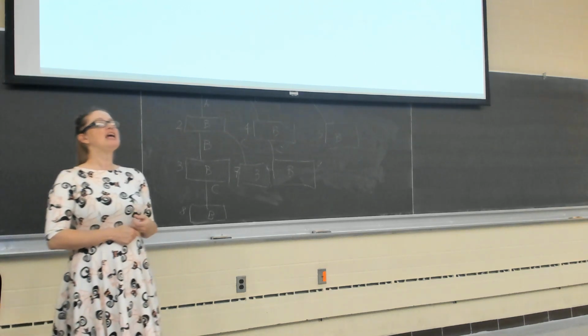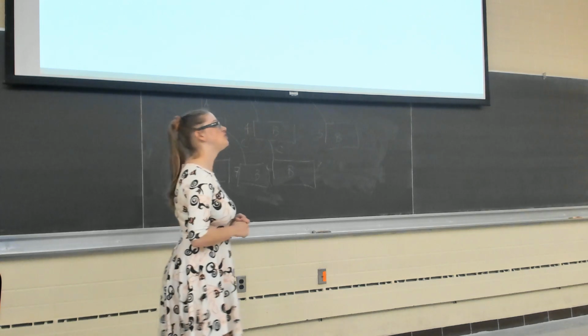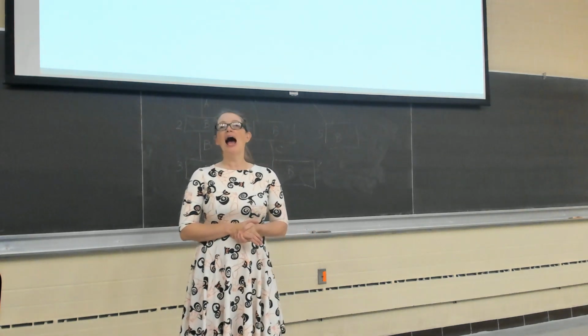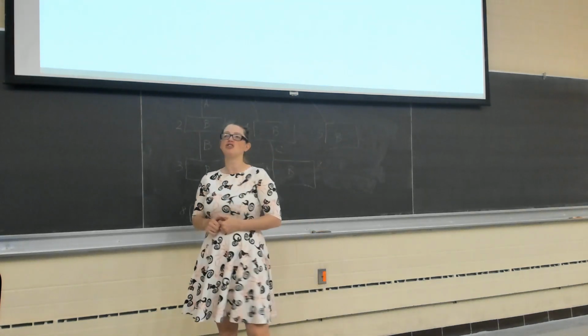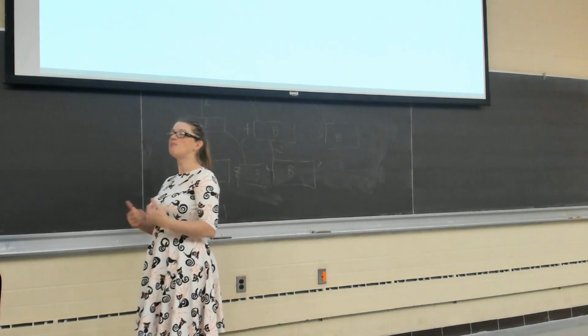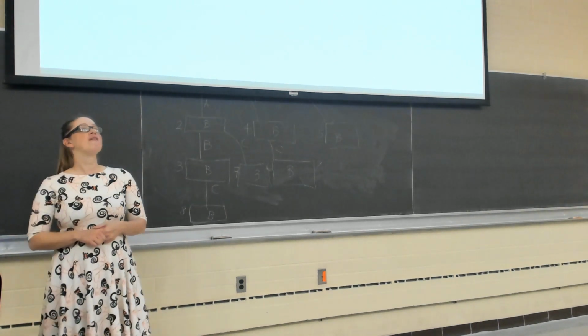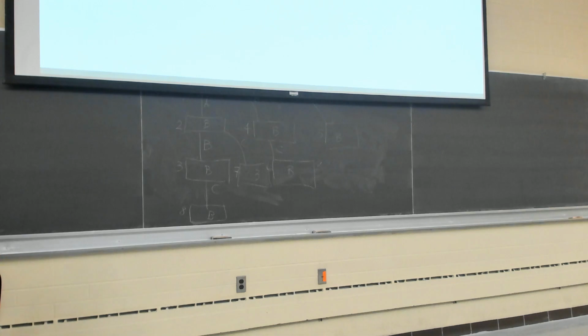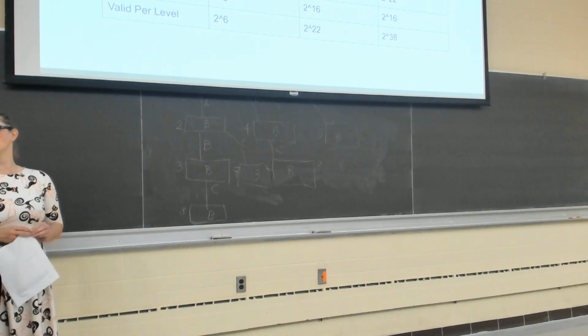All right, so we asked you in the handout, if a process only used addresses from 0 to 2 to the power of 27 minus 1, how many valid tables existed at each level and how many valid entries would there be? Now let's expand upon that to 58 bits this time. So I want to show you the answer and explain how I got it. So here's the answer for 58 instead of 27 bits.